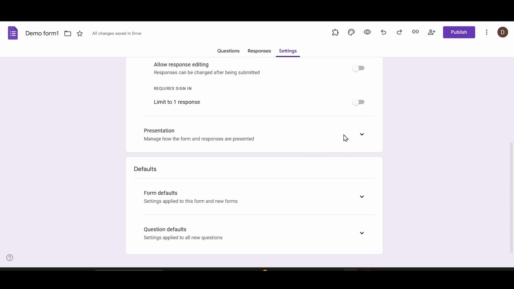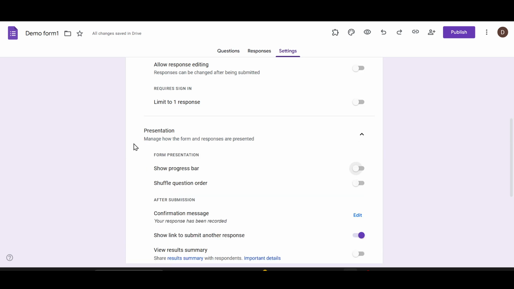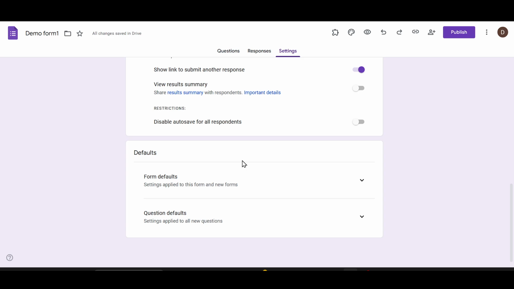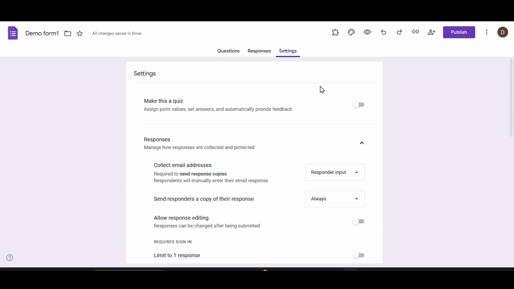And then here under the presentation section, you can manage how the form and the responses are presented, and you can change these settings according to your requirements. So this is how you can send emails automatically